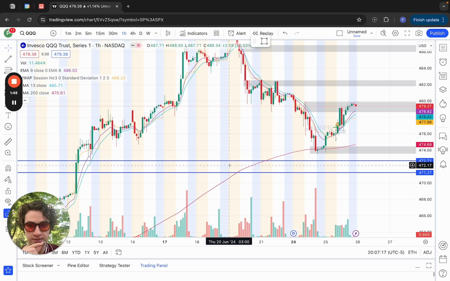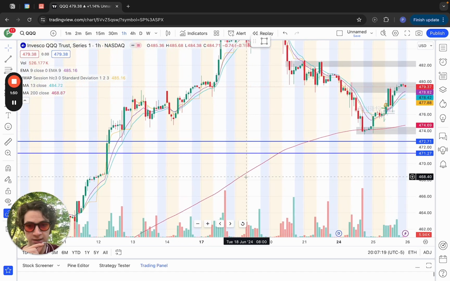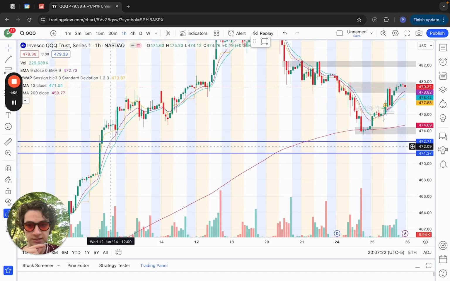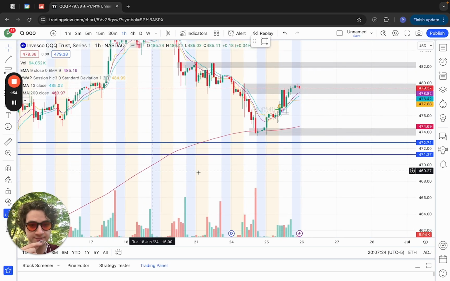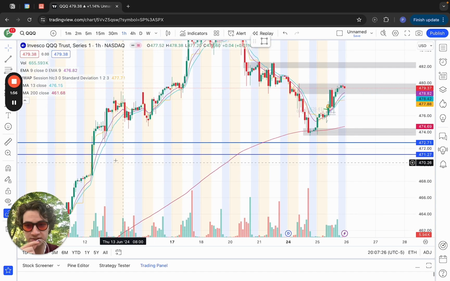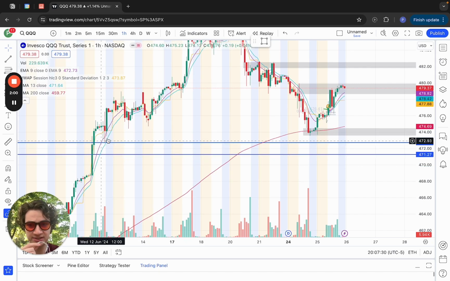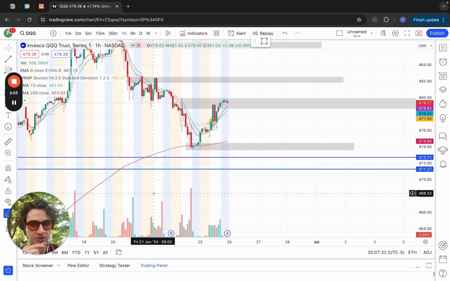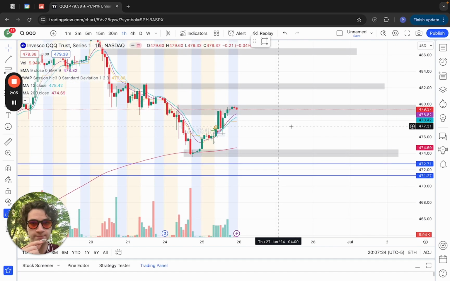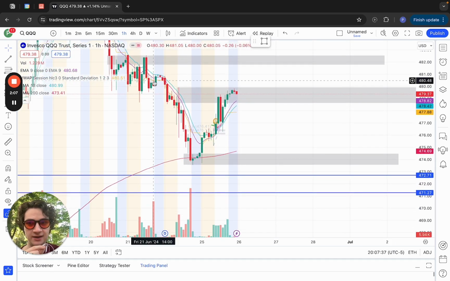And I marked out a couple areas of liquidity here with the blue lines. I didn't really make a zone because there wasn't really a good zone to draw out. A lot of times with these big wicks on higher time frames, I just mark them out as liquidity. So going into the day itself,